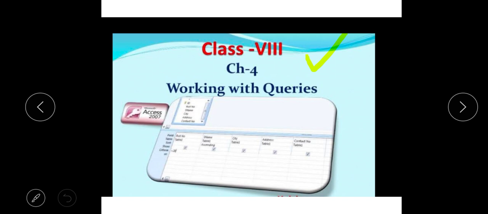Access provides two ways to create a query, as I told you, query wizard and query design. Criteria property contains the condition on the basis of which the records will be filtered in the query output. Form allows you to add and update data in one record at a time in a table. Report is an effective way to organize and summarize data for viewing or printing. So this was the whole chapter.